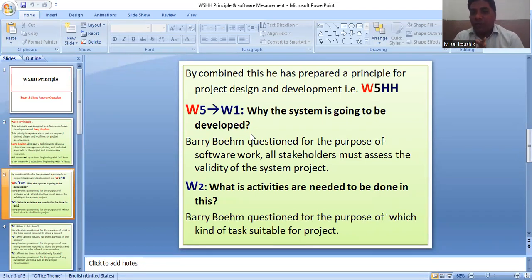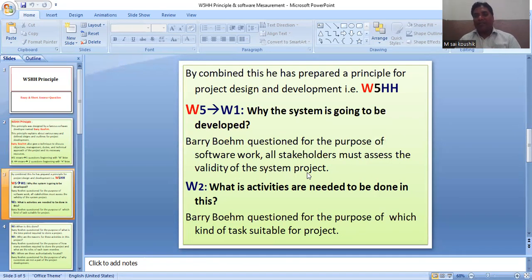Why is the software going to be developed? What is the need to develop it? This question is about the purpose of the software work. All stakeholders and developers must assess the validity of the system project.